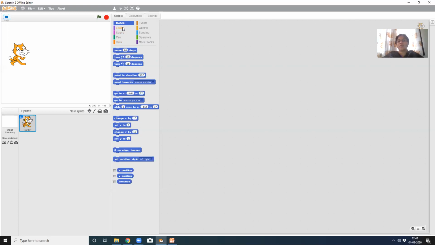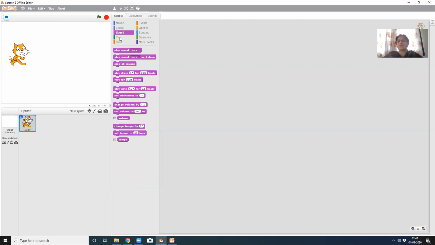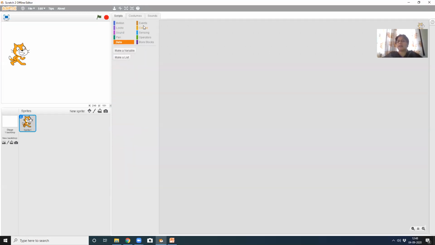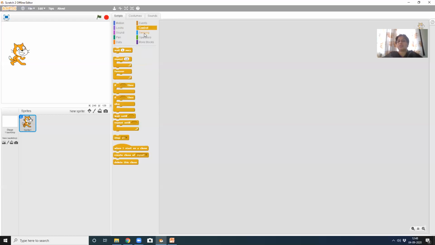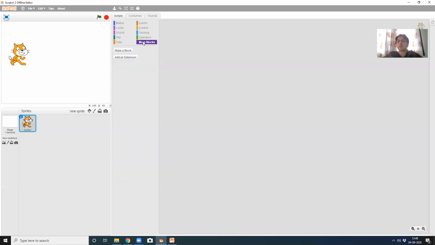So what are they? One is motion. We have 8 categories of different kinds of blocks. What are they? Looks, sound, pen, data, events, control, sensing, operators, and more blocks.